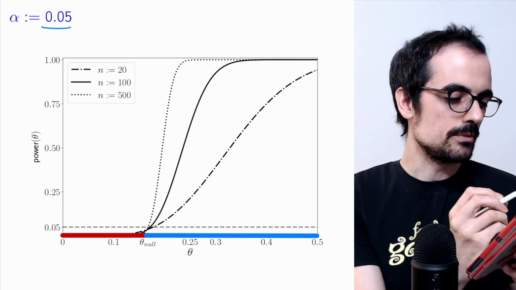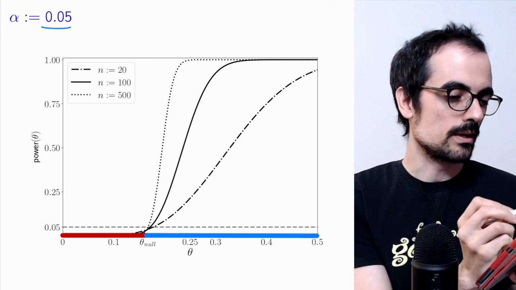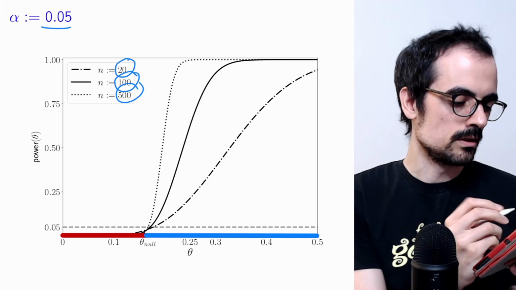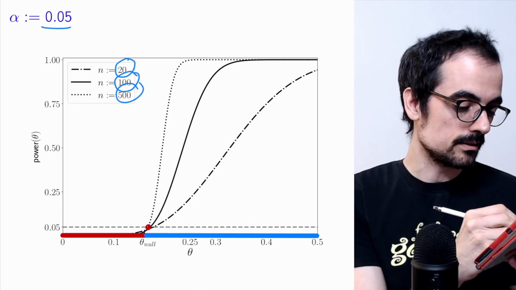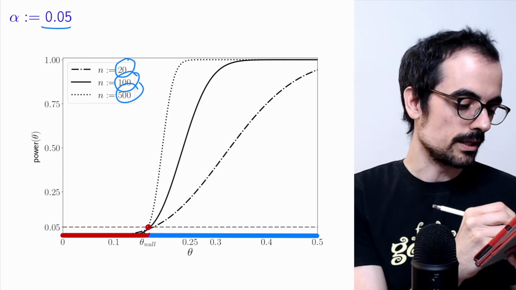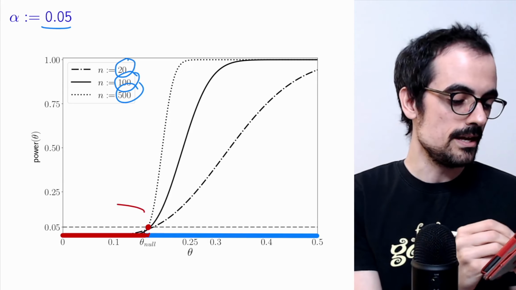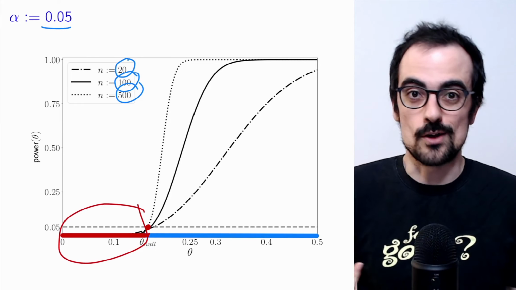And here I'm showing you what happens for n equals 20. In our case, we had 100 rolls. So n equals 20, n equals 100, and n equals 500. We're always guaranteed to be bounded. Okay, the null hypothesis is up to here. We're always guaranteed to be bounded by 0.05 within the null hypothesis, because that's how the hypothesis testing framework is